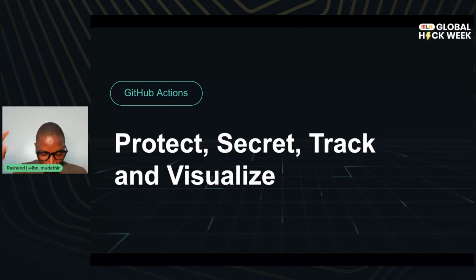So lastly, before we move on to the next stage of our discussion, this is a "four-ish", as it is popularly called by the program manager at GitHub Actions. Basically, there are four things given to you by GitHub Actions. It gives you a protected environment. It gives you access to store your secrets. You know, all your environment variables, you need a place to integrate them into your CI/CD pipeline. So GitHub Actions provides a secret environment for you to do that.